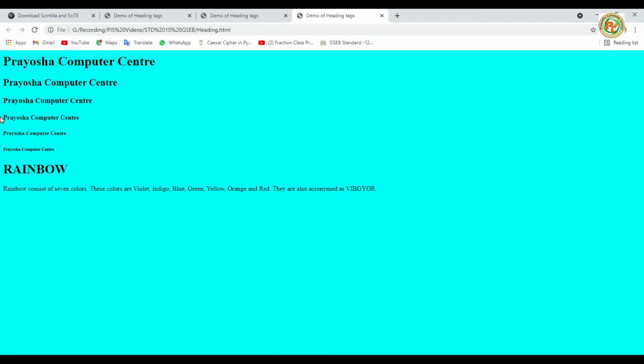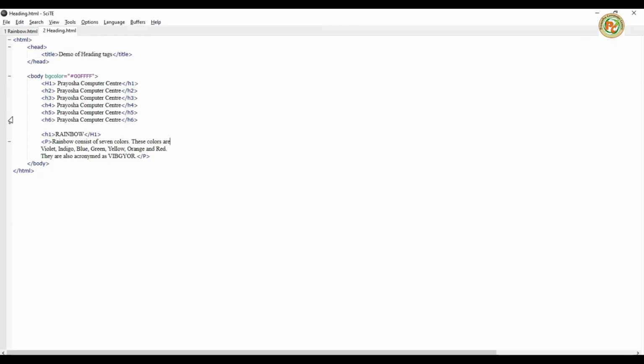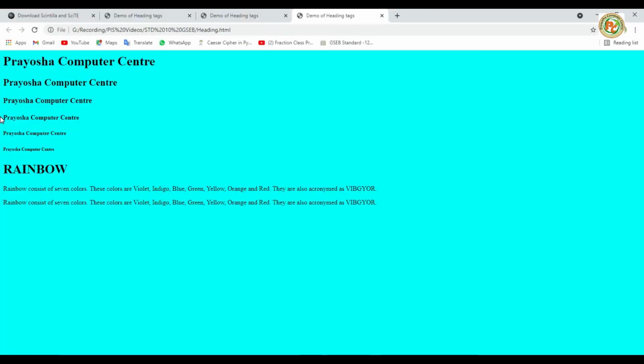To create a paragraph we have the p tag, and after that we have to close the paragraph tag also. So I hope you understood this paragraph tag as well as heading tags. But see, if you want to create another paragraph, just make a copy of this and paste your text here, save it and it automatically takes a new paragraph. Okay, so this way you can create all the paragraph tags and heading tags inside HTML.